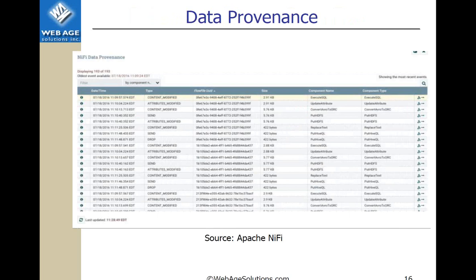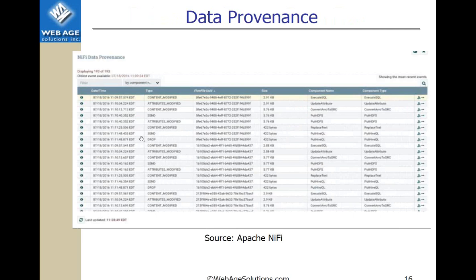Okay, so data provenance, it's a big thing. That's probably one of the appealing factors, one of the driving forces, that nothing really disappears in the system. It's kind of a write-ahead log type of thing. So first it would go into that provenance repository, and then the message would be accepted. If a message cannot be accepted, then it would be rejected, and the record would be purged from the repository.